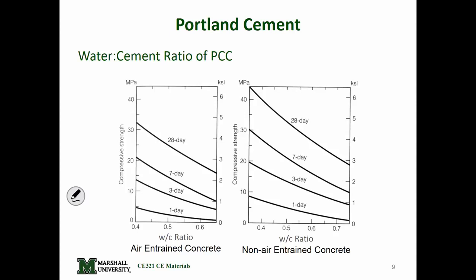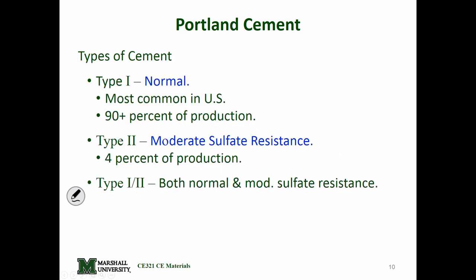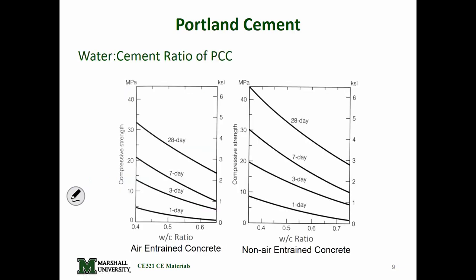Here are diagrams that are in the book. They could ask questions about this. As water-cement ratio decreases, our compressive strengths increase. And we can see, if we look at the chart on the right, how our compressive strength increases. If we had a 0.45,